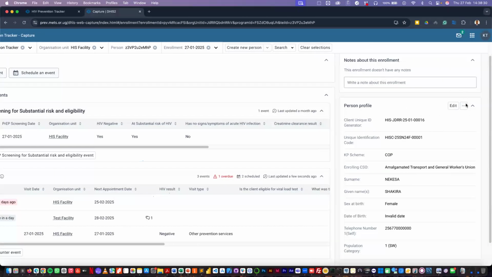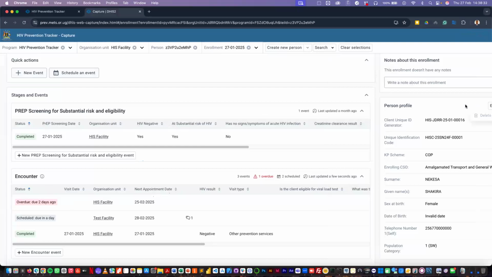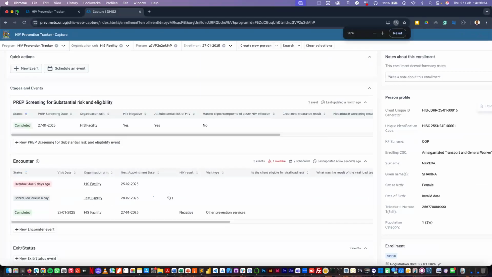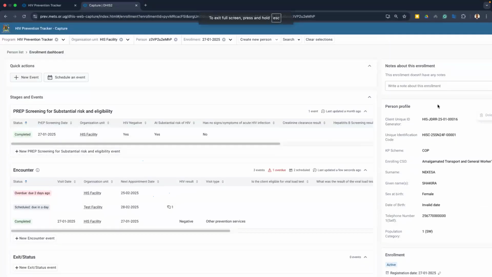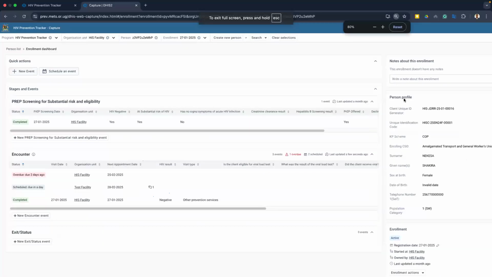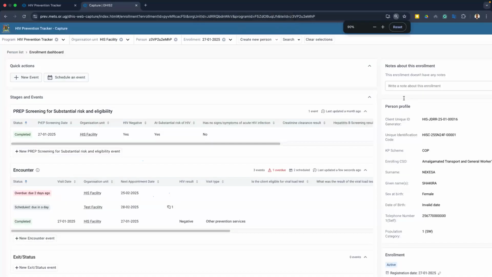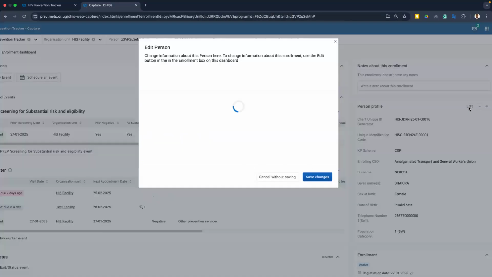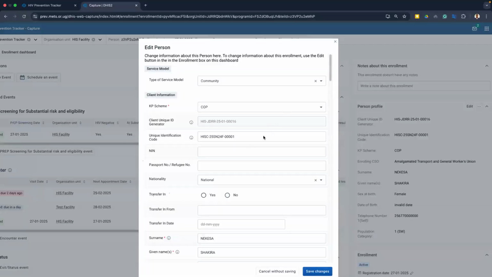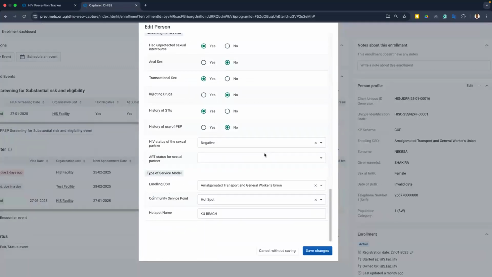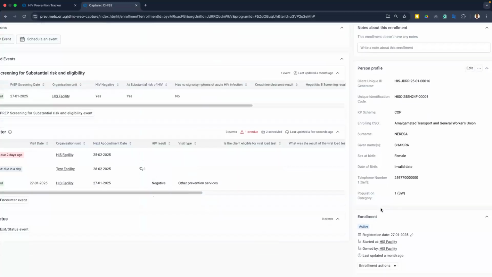So what you can only do is maybe when you come to this, let me first make this full screen so that it's clear. So to edit, you click on this and it gives you the form, like we said, the full form as it was at registration, and you make the edits, and then you save the changes. So if you don't want to save, you just cancel, and then you can easily navigate the other bits of it. So the last block at the bottom, and probably I think we should stretch this to the top, is